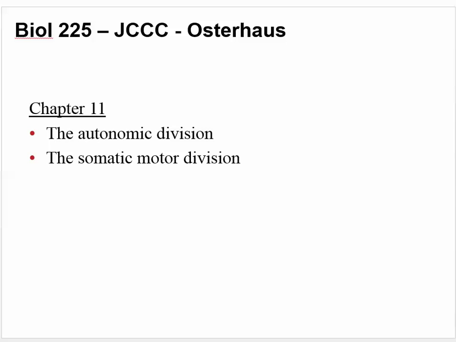Okay, so we've talked about the nervous system and how it is basically split up into the central nervous system, which is the brain and spinal cord, and then the peripheral nervous system, which is how it branches out to the rest of the body from the brain and the spinal cord. So if that's the brain and the spinal cord, the peripheral nervous system branches out from that. It's everything outside the brain and spinal cord, basically.